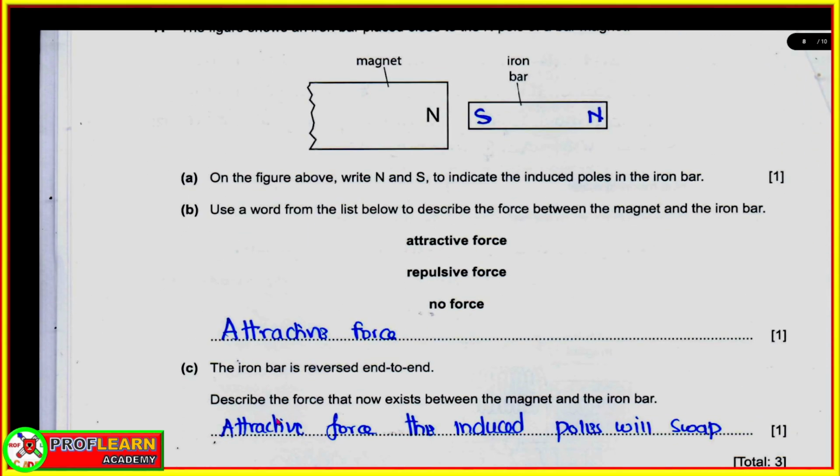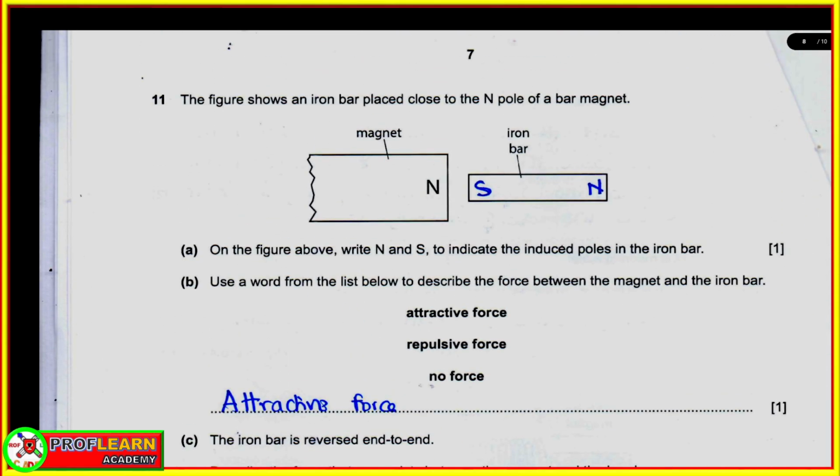Moving to number 11, you can see here we are having a soft, in this case an iron bar, and this iron bar is not having poles. So if you bring an iron bar close to a magnet, it will be attracted. So if this is a north pole, a south pole will be induced on this side of the iron bar so that it's attracted. But if you swap the positions of this, again a south pole is going to be induced at this particular point. So you realize that there is going to be an attractive force because we are having